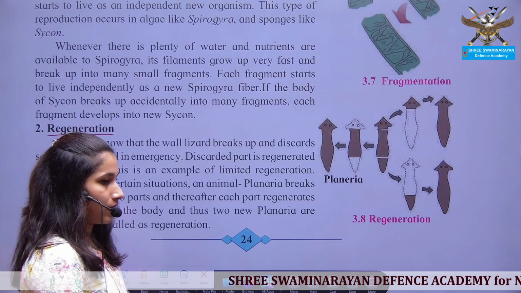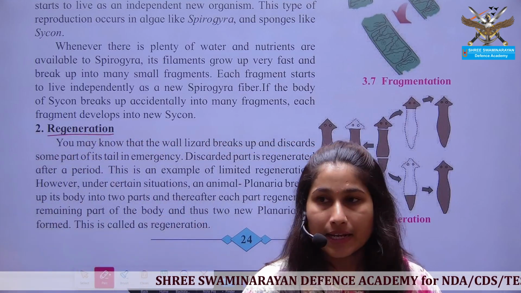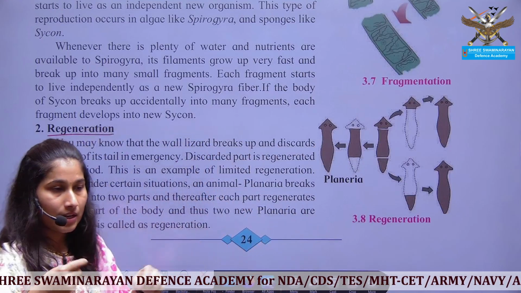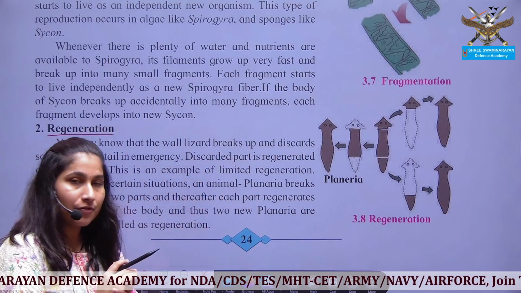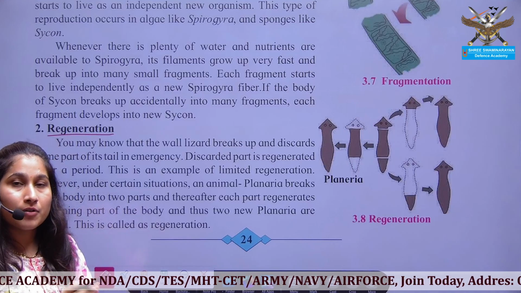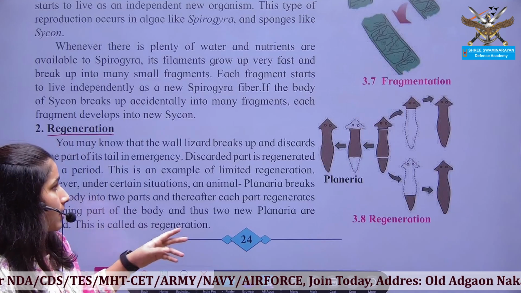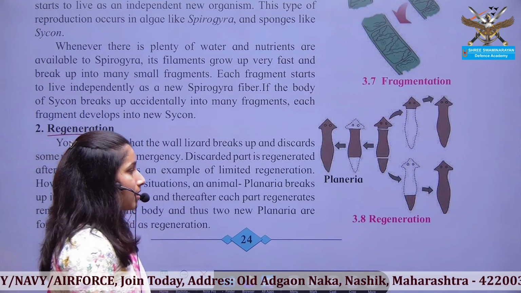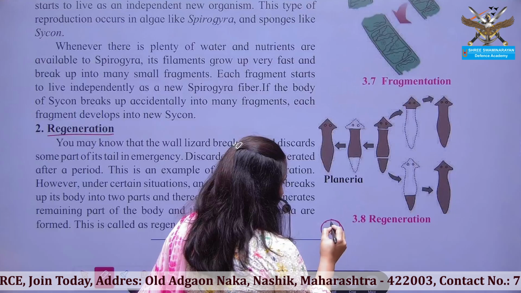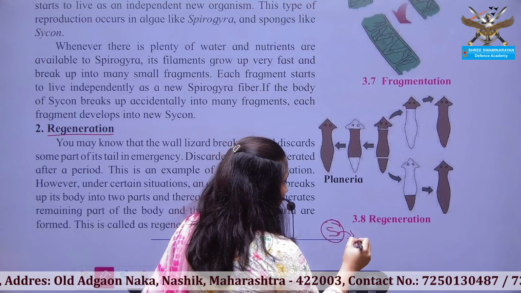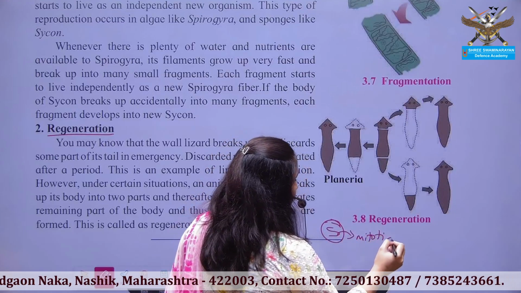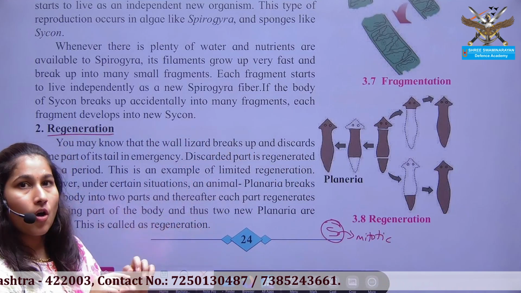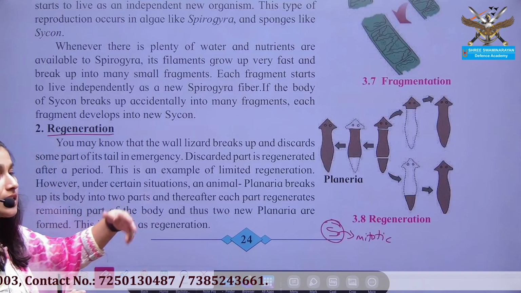Next is regeneration. You must have seen a lizard in your home, right? Whenever you try to beat that lizard, it breaks its tail and falls off. We only observe that tail, but by that time the lizard has gone somewhere else. In such cases, there is regeneration of the organism's part. Regeneration means the cells present over the part redivide by mitotic division, divide and redivide, and that particular portion which was cut or amputated is formed again.